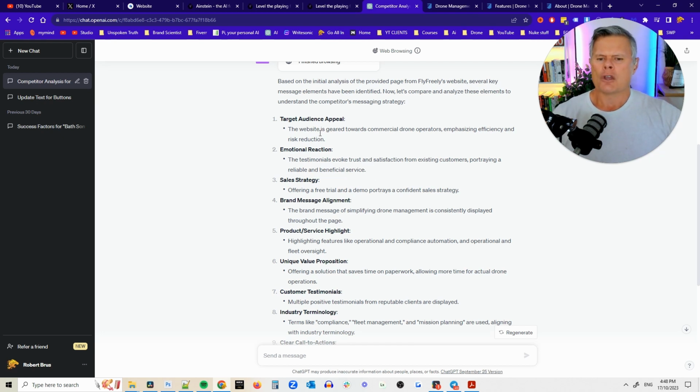I don't want this to be in too much detail. If there was, I can ask for more detail here and I can get it to expand on a bit more information for me as well. But what I want to do is get a quick synopsis to be able to look really quickly in under 5 minutes and figure out exactly what they're doing that I'm not, and how I can quickly adjust some of the copy and the text and maybe some of the images and videos on my website to gain the competitive